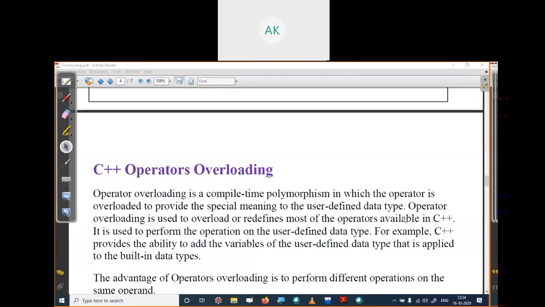RN Setia, are you there? RN, unmute your mic. Badal Kumabat, speak. Badal,